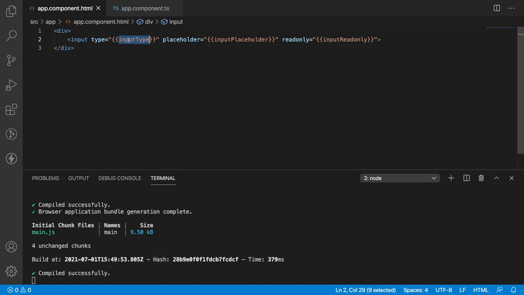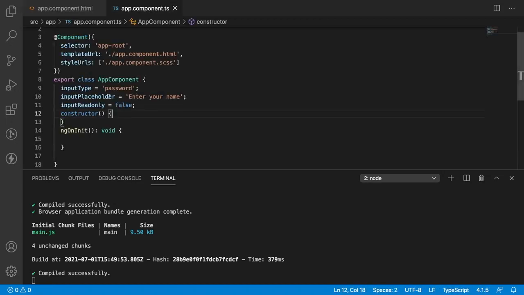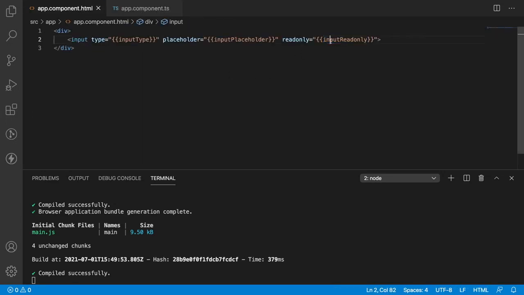Remember, interpolation will always convert all the data or all the expressions mentioned inside the curly braces into a string. So whenever I pass some value like inputReadonly as false, false will be executed inside the curly braces, and when the value comes out of those curly braces, it's a string value.